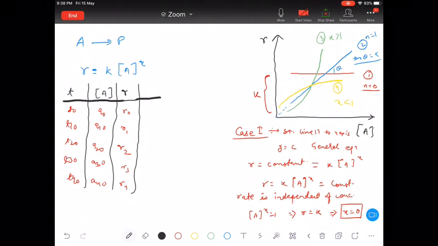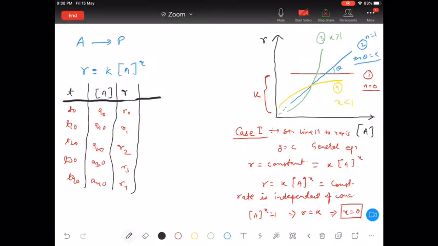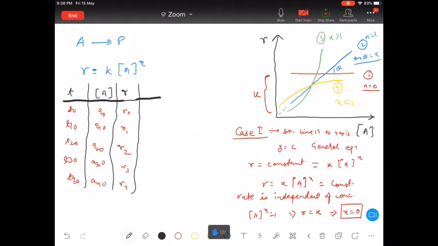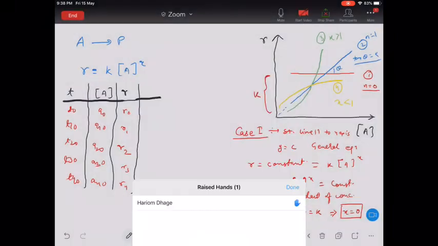But when you will be in college, when you will be learning programming, how many of you had computer science as a subject in 11, or how many of you want to be a software engineer? Anyone who wants to be a software engineer? No one. Very good. Sahil Bhardwaj, you want to be a software engineer. Very good, nice.